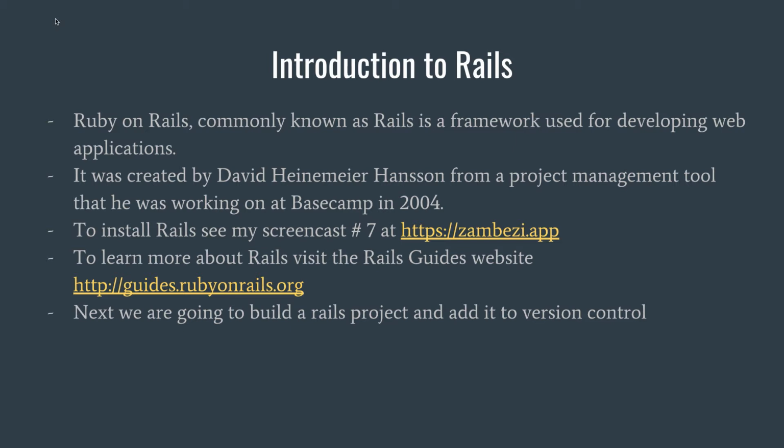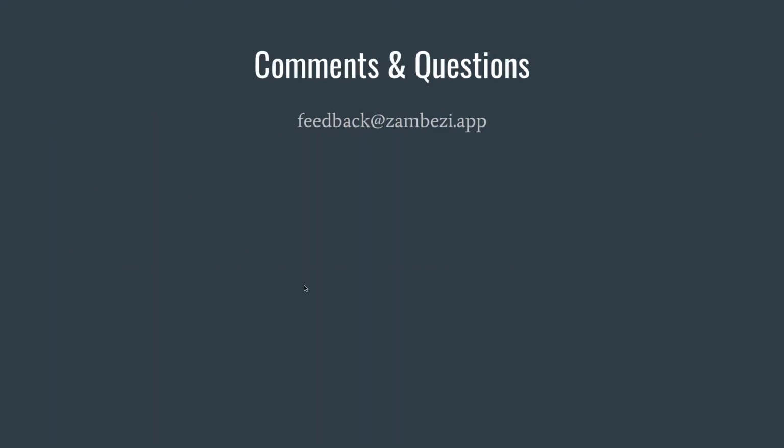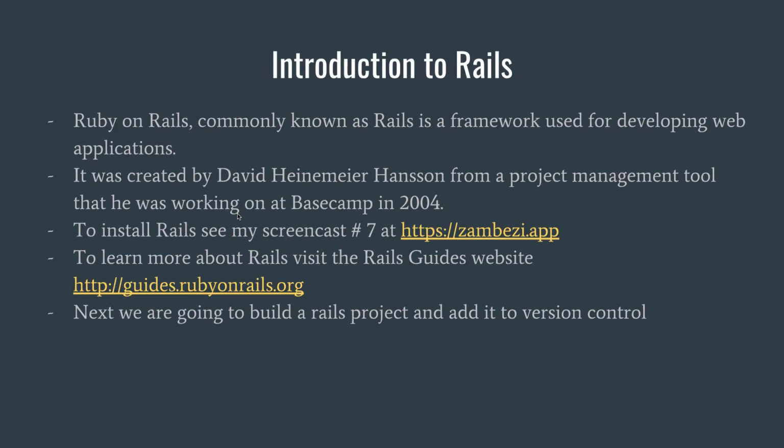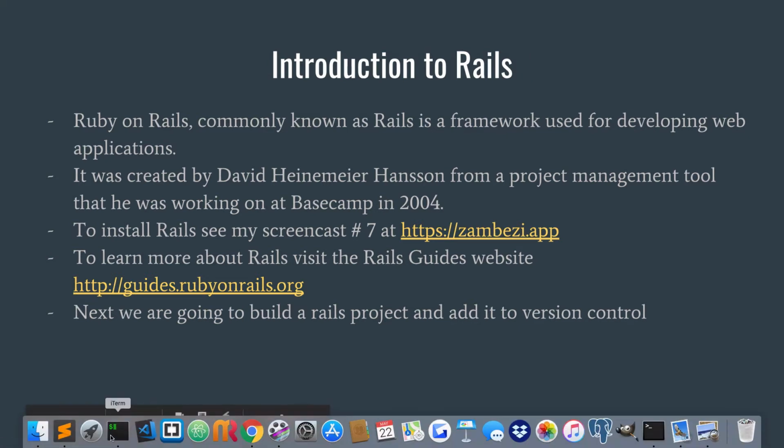Okay, so you go to http://guides.rubyonrails.org. I'm going to highlight it right now. Oh, it won't let me highlight. Okay, never mind. It's the last link down here. All right. So next, let's go to the next step, which is